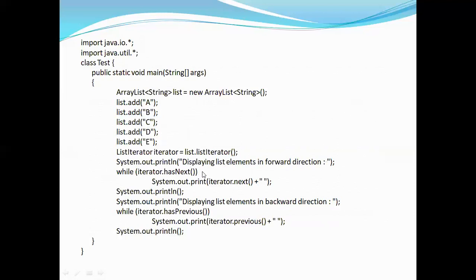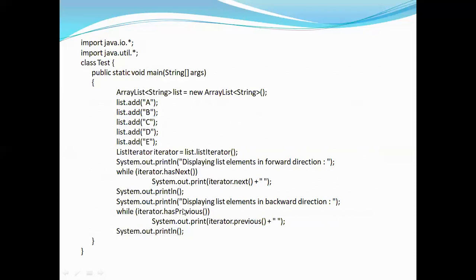So you're printing in the forward direction. For that, what I am doing is in the while loop, I'm checking iterator dot has next. So it is checking all the time whether it has a next element, print the next element, likewise. So it will check whether it has a next element or not. If it has, then it will print the next element. If it doesn't have, it will stop. So this is in the forward direction, and every time you're printing one line extra space here.